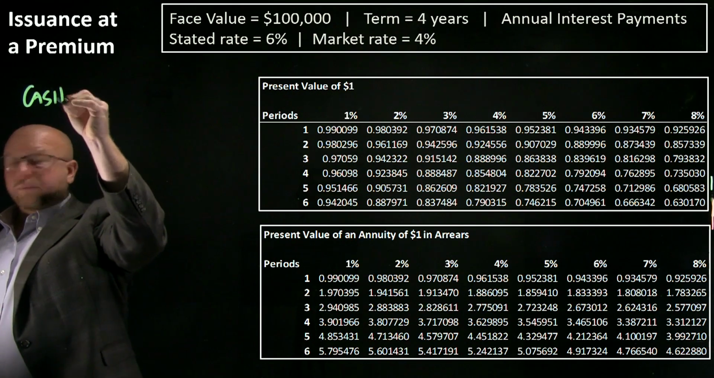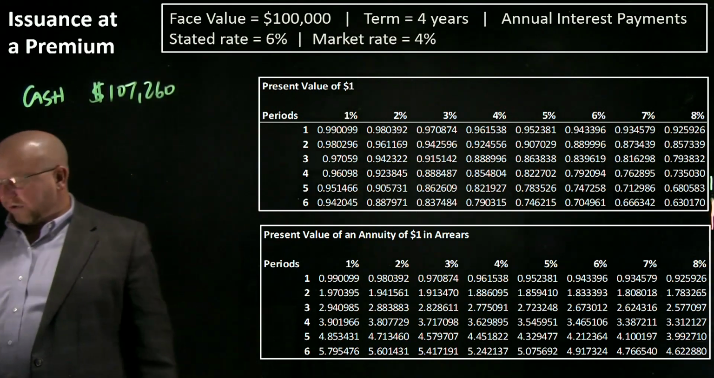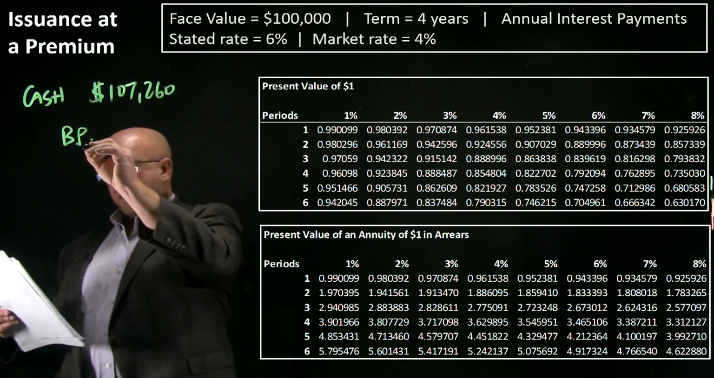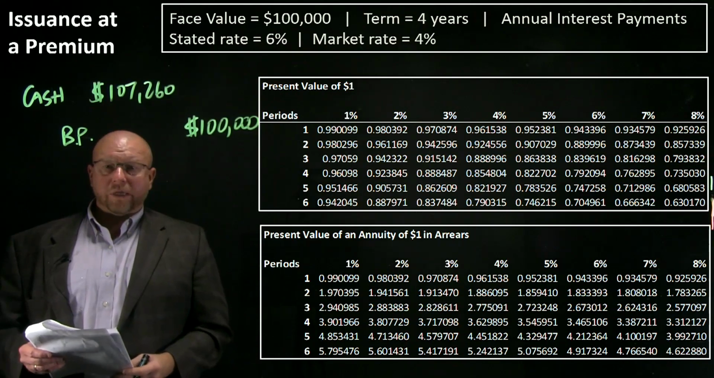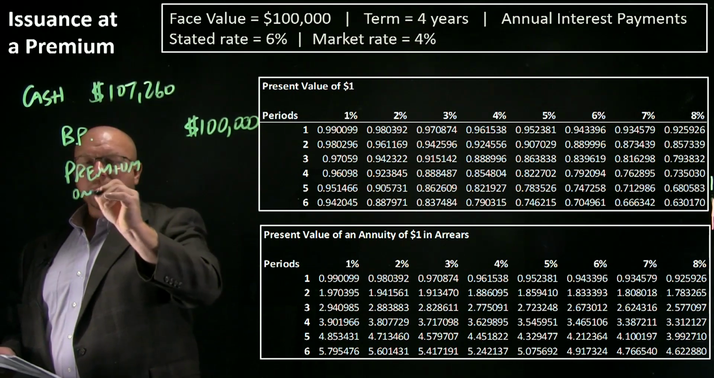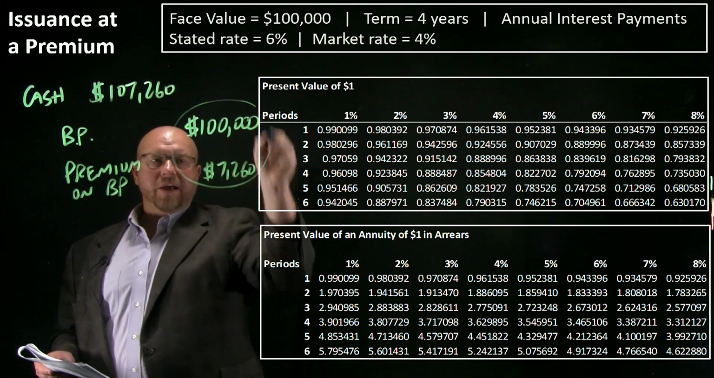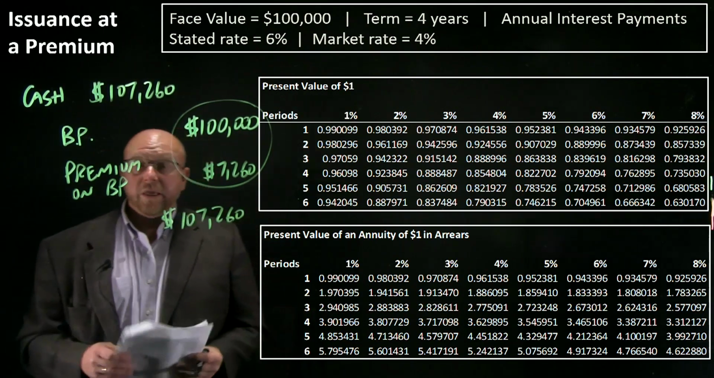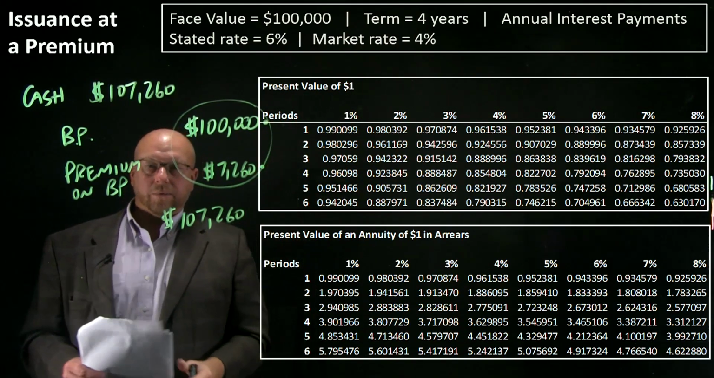Okay. Remember, it was issued at a premium, which means the company is receiving more than the face value. So right now, the company receives $107,260. I'm going to abbreviate bonds payable as BP, just for space here. Bonds payable, that's a long-term liability, is going to get credited with $100,000. The journal entry obviously does not balance, and that's because we have this premium on bonds payable of $7,260. So right now, the initial carrying value of this liability is $107,260